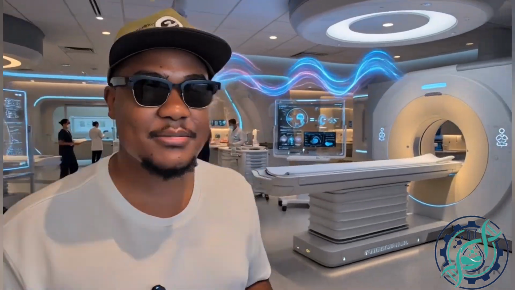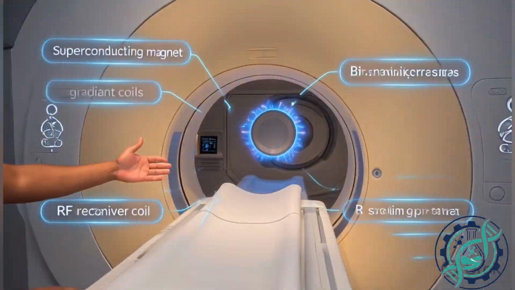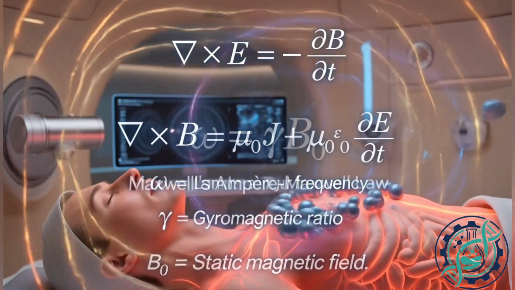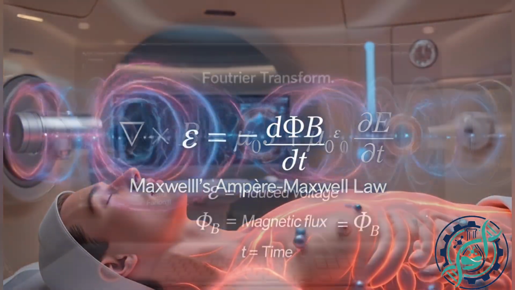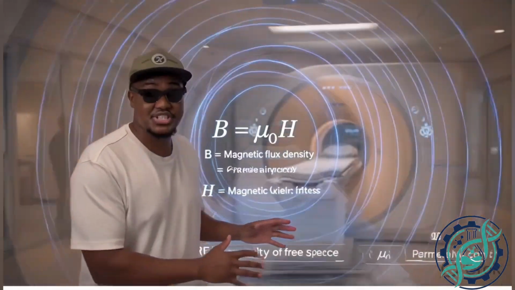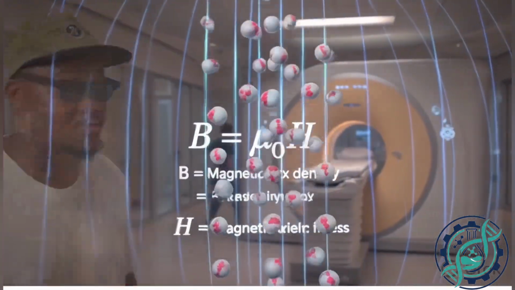Most people believe this machine simply takes pictures of the human body, but very few know that different fields are at work inside the human body. The superconducting magnet creates a powerful and extremely uniform magnetic field that aligns hydrogen nuclei inside the human body. A changing magnetic field produces an electric field. Very few know that every image produced by this machine begins with four beautiful mathematical equations written over 150 years